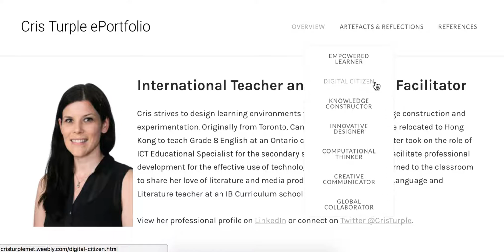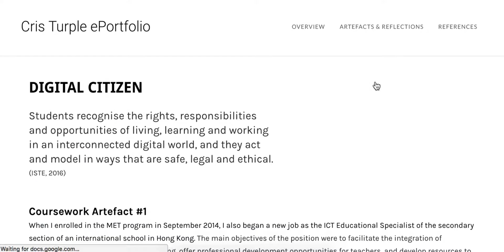So I'm going to click on one as an example and walk through how I organize each of these sub-pages. So let's start with digital citizen. At the top of each of these sub-pages, I've included the definition for that competency to get a better understanding of what exactly this